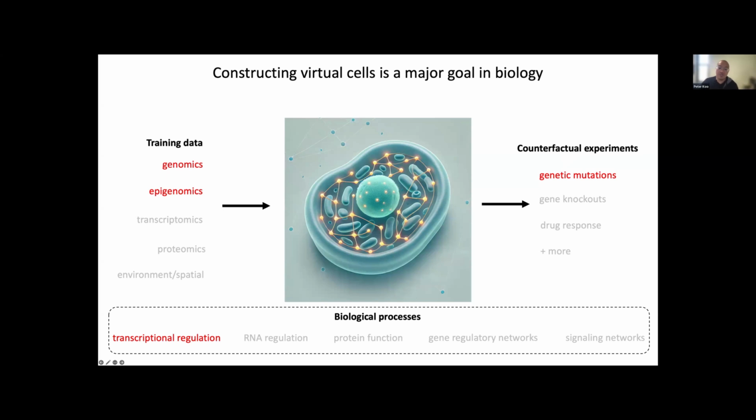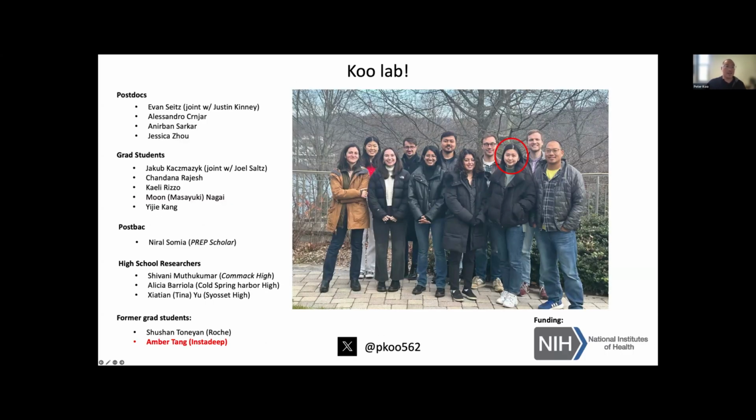And while my lab focuses on just one part, genomics, I can tell you that we are far from building foundational representations of the genome, especially in regulatory regions in the non-coding genome. And so despite the excitement of these so-called digital twins of the cell, we are far, far from this pipe dream. And with that, I'd like to thank